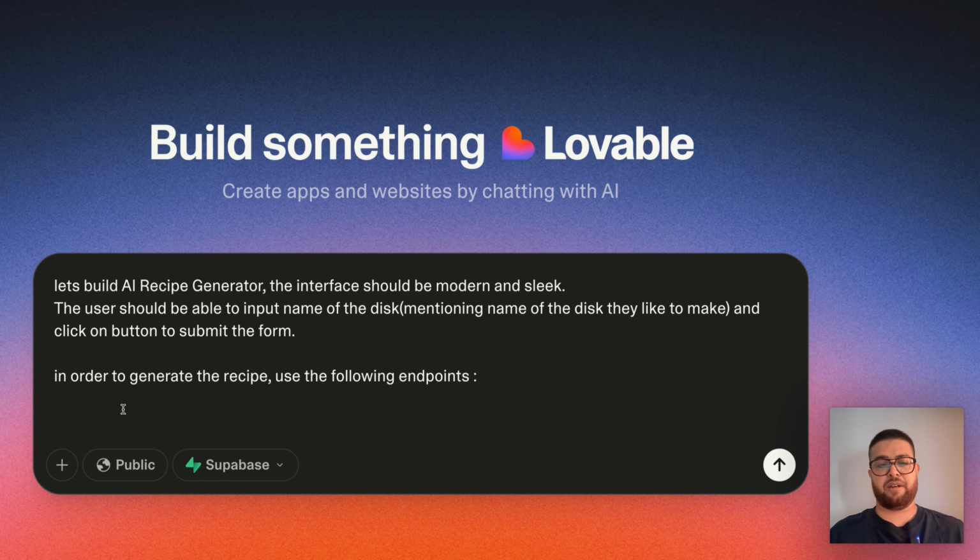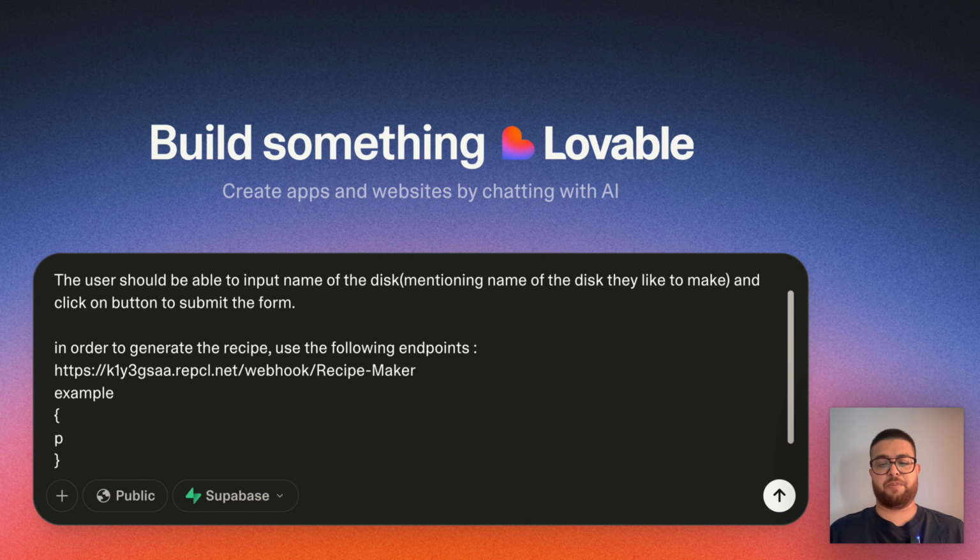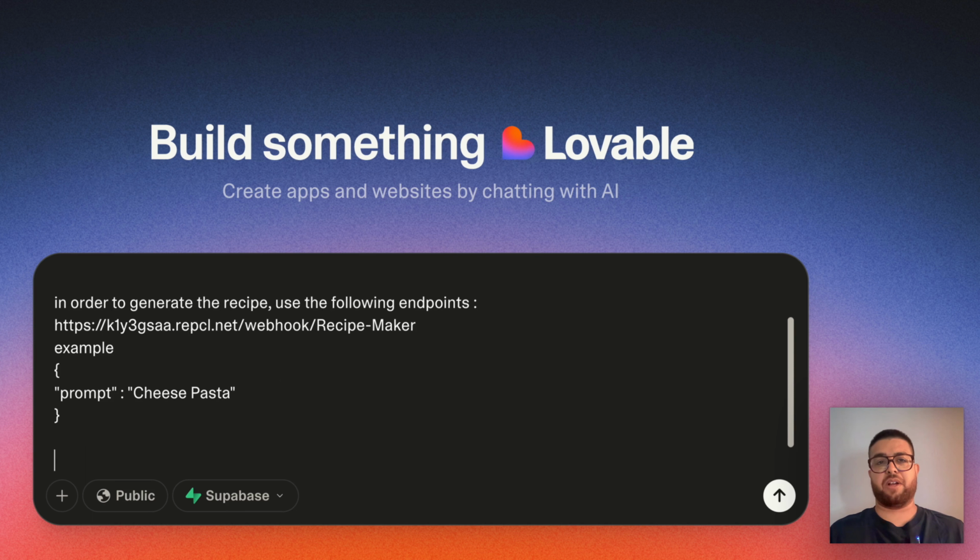And we can come back here and say, hey, the way it is working is, the user is going to put in a prompt, and they are putting the name of the dish, like cheese pasta. You can put anything like that. This is more like giving context to this vibe coding app, that how it is working, so it doesn't make any mistake. You can always edit it, by the way, it's no big deal.